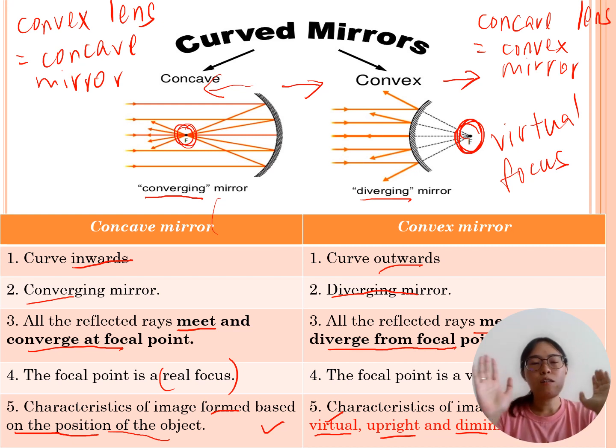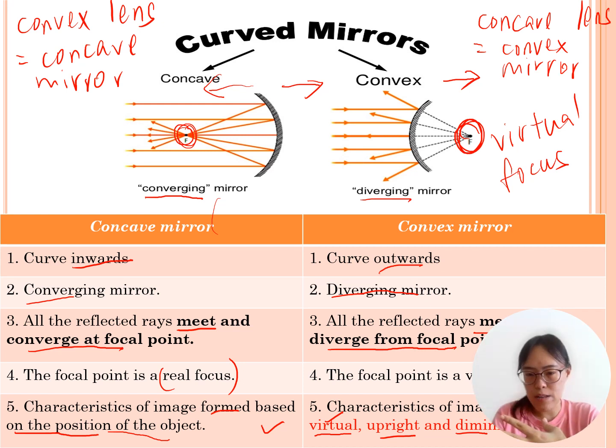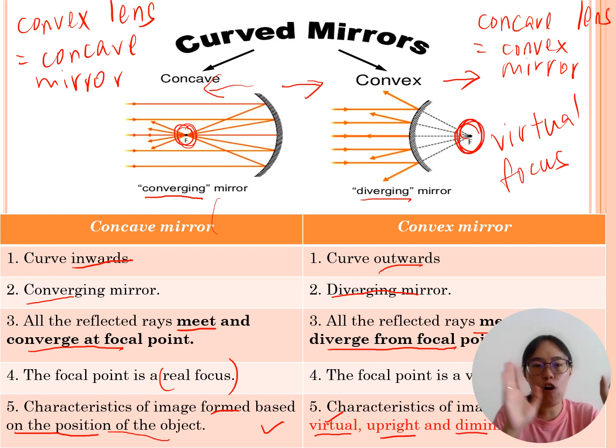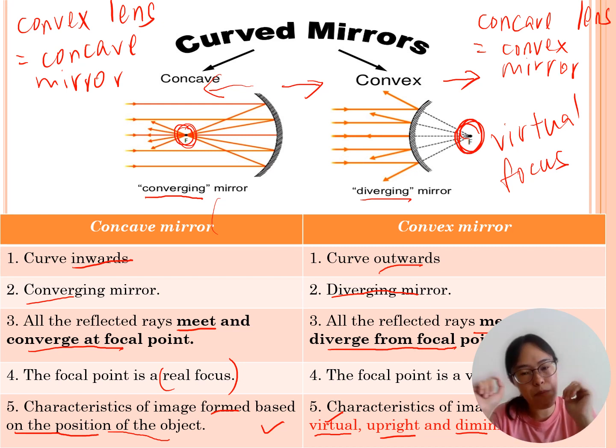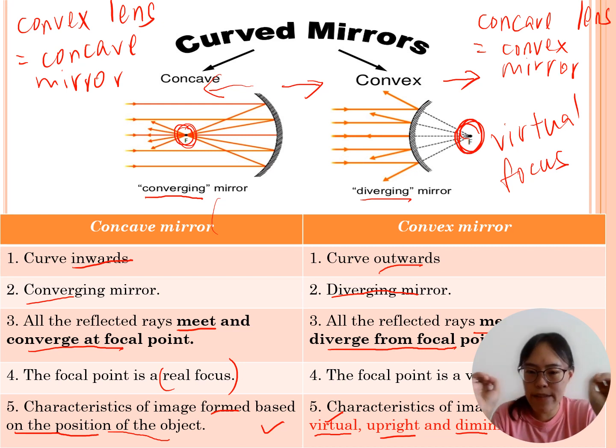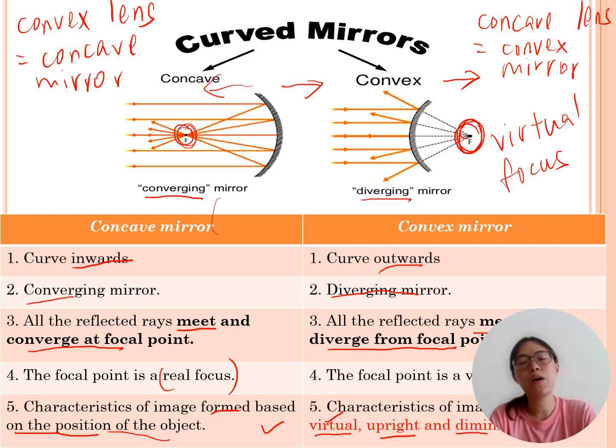Okay, now convex mirror is easier to identify the characteristics of image because it will always be virtual, upright, and diminished. However, for concave mirror, 因为不一样的 position of the object, 我们就会有不一样的 characteristics of image. So how to identify the characteristics of the image 呢？OK，有两种方法，一种是比较难的，一种是比较容易的。OK，难的呢，就是我们要画 ray diagram。OK，所以 lens 也有 ray diagram，mirror